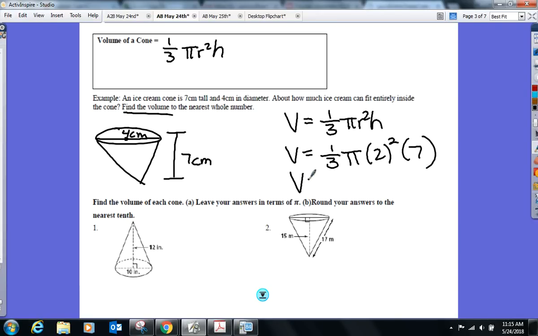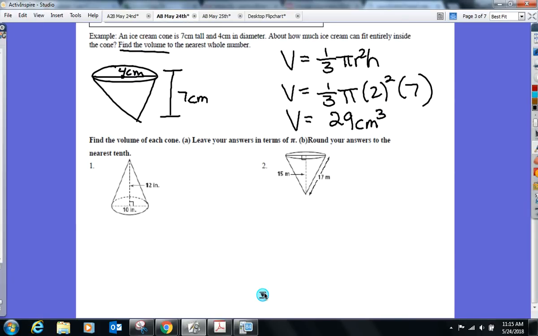And I do have rounding directions here, nearest whole number. Get about 29? Cubic centimeters. Okay, any issues? All right, I'll do this first one with you, and I'll let you go on your own